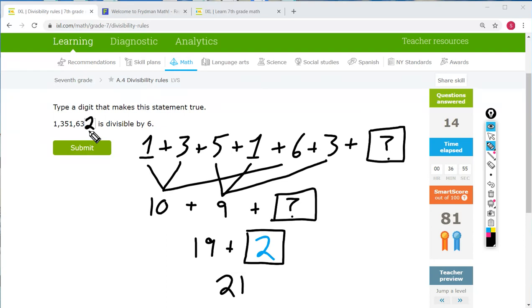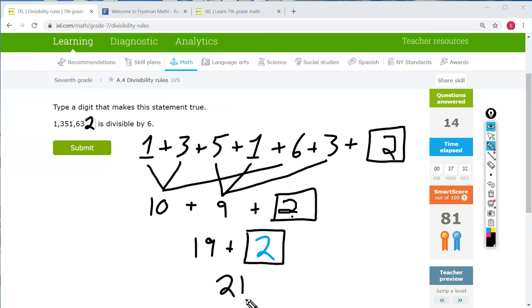Because if I put a 2 in here, remember the rule for checking if a number is divisible by 6 is the number has to be divisible by 2 and 3. Now, if I put a 2 in here, then I know the number must be divisible by 2, because any number which ends in a 0, 2, 4, 6, or 8 is divisible by 2. But also, if I put a 2 in here and then I add up all the digits, and remember in this question mark, now I have a 2 instead of a question mark,